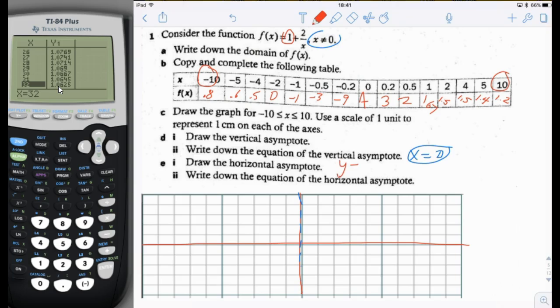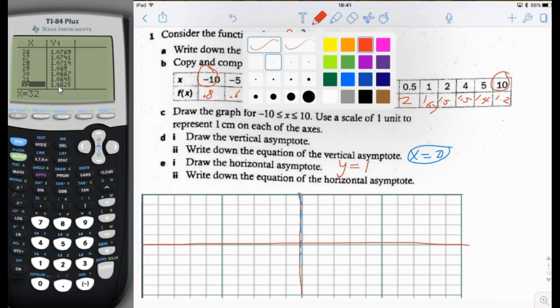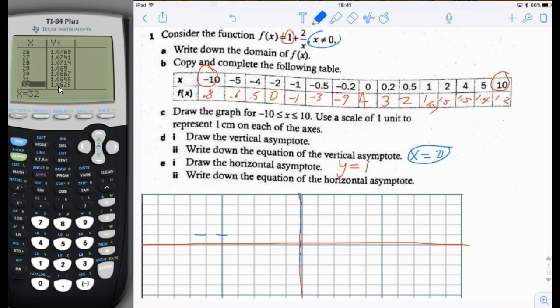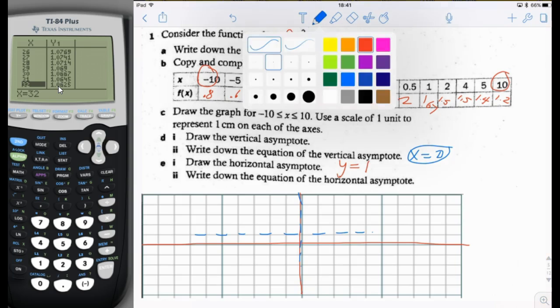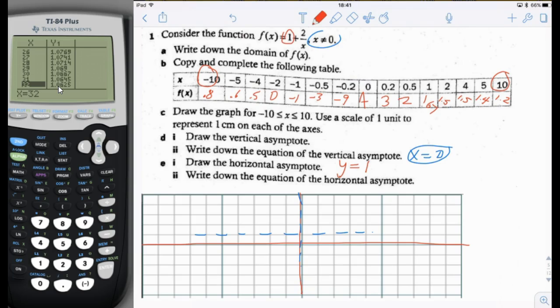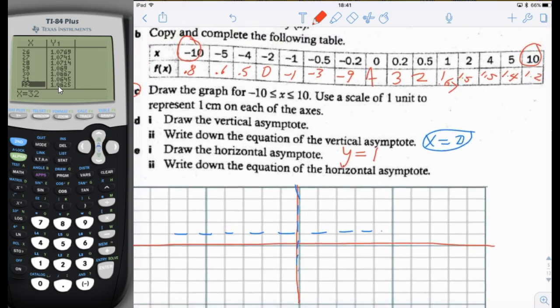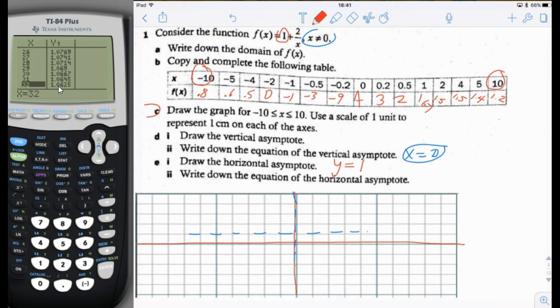We write y equals 1 because the horizontal asymptote, you always write y equals something. And then you write down the equation of, we already wrote down the equation of the horizontal asymptote. Now we're going to draw the horizontal asymptote here. Y equals 1. Okay, now we can graph some of these points. We're doing it a little bit backwards, maybe. It said to draw the graph here, but we drew the asymptote first, which actually makes more sense to draw the asymptote first. Okay, now let's graph some of these points, like negative 10,